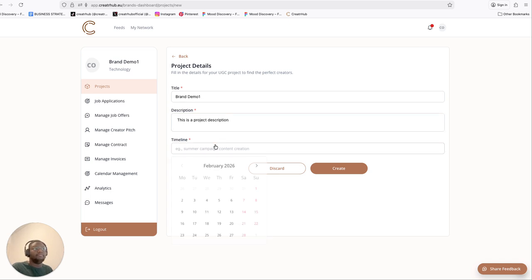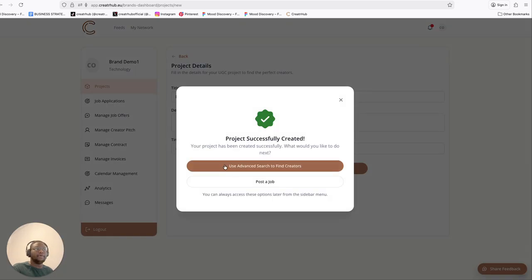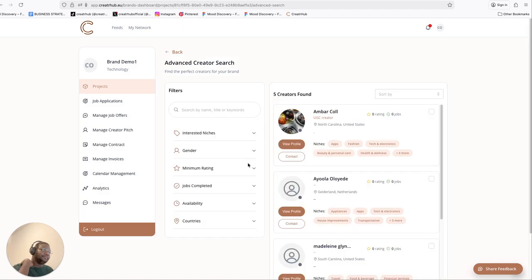Timeline for the campaign could be, let's say, two weeks. Yep, let's go with that. We create that. When you create that, it gives you an option to say, do you want to use the advanced search feature right now, or post a job? So we can do one or the other. We can try the advanced search feature for now. So when you click on that,